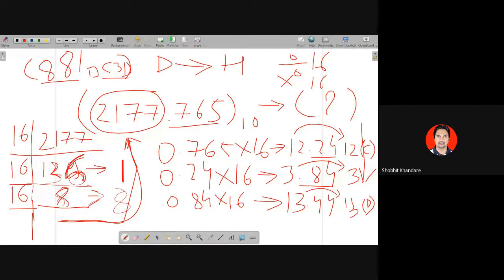वैसे ही अगर हम सक्सेसिव मल्टीप्लिकेशन कर रहे हैं और हमारा जो इंटीजर पार्ट है मल्टीप्लिकेशन करने के बाद वो अगर पर्टिकुलर सिंबल में नहीं आ रहा है नंबर सिस्टम के, तो उसके नंबर सिस्टम के हिसाब से उसका इक्विवेलेंट हमको लेना है। जैसे 12 इज अ डेसिमल, इसका इक्विवेलेंट हेक्साडेसिमल इज C, और 13 इज अ डेसिमल, उसका इक्विवेलेंट हेक्साडेसिमल इज D। ओके, और हमने ये भी सीखा है कि सक्सेसिव डिवीजन में रिमाइंडर हमको नीचे से ऊपर लेना पड़ता है, और सक्सेसिव मल्टीप्लिकेशन में जो भी इंटीजर वैल्यूज होती हैं वो हमको ऊपर से नीचे लेनी होती हैं। आई होप यू हैव अंडरस्टूड दिस।